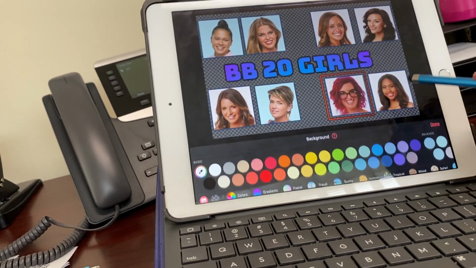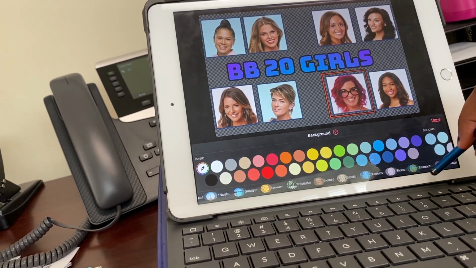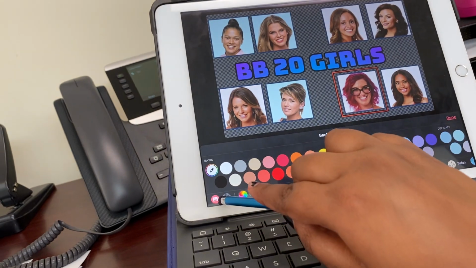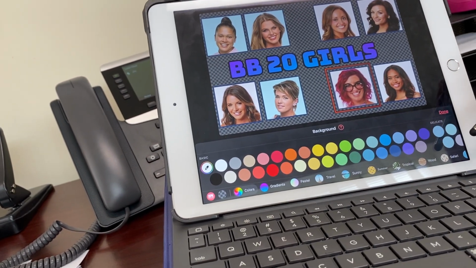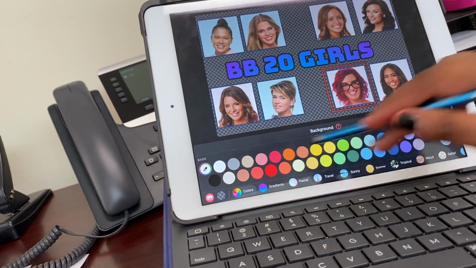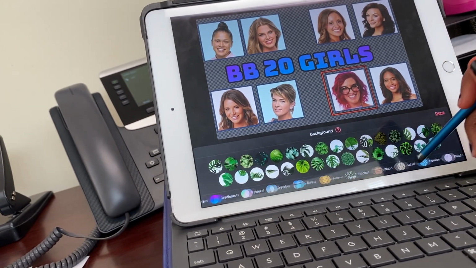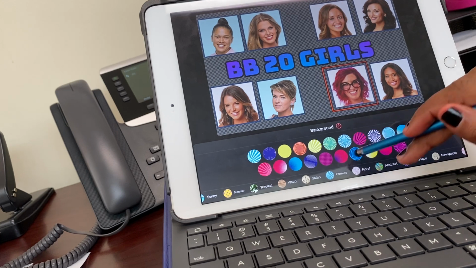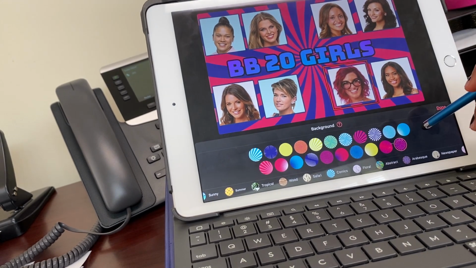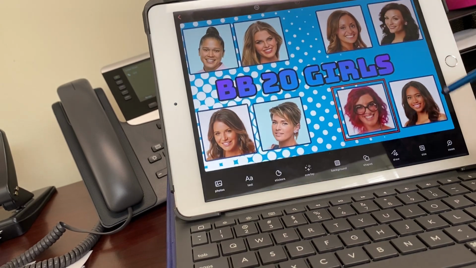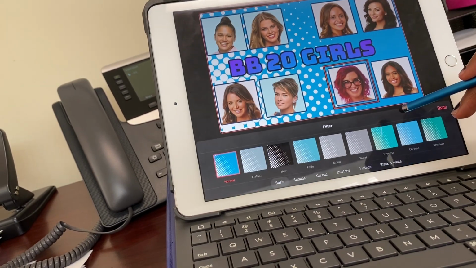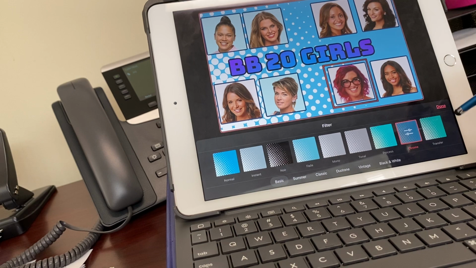So yeah, and then you can also add a background. There's a lot of options. This button here lets you download, once you have a background saved on your device, it lets you upload it from here. But if you don't have one saved, you can use a default one that they have. So like here, I think that's a good one. You can also edit how they look. Like you can tone it down